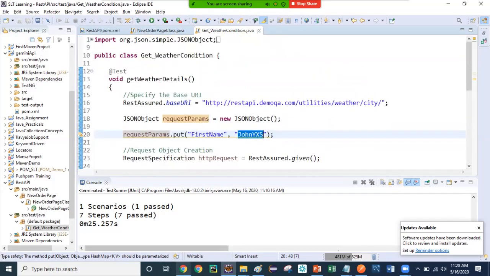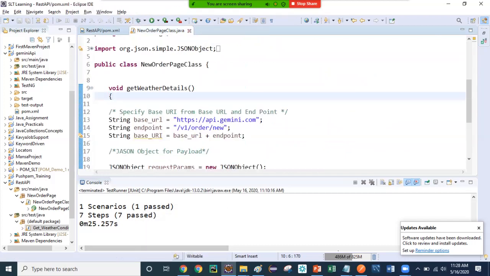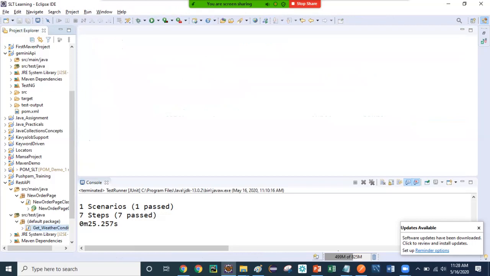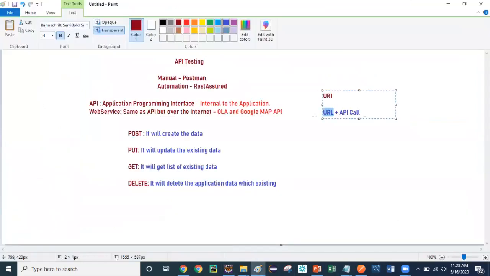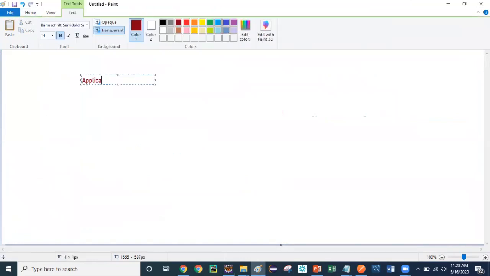Perfect. So let me go to the last one, database testing. So what is database testing, guys? Let me tell you one thing. Let's suppose we have one application which has a form with first name, last name, and mobile number. This form we need to fill up, and you need to do the testing for this form.